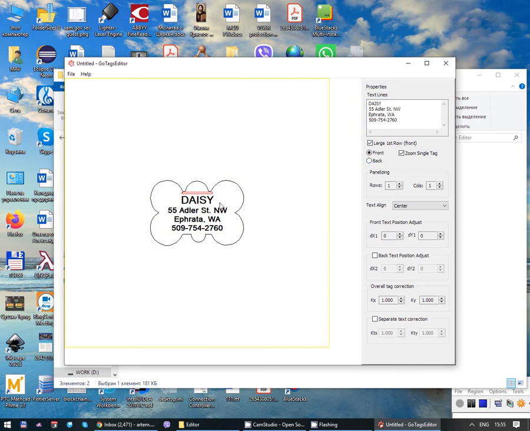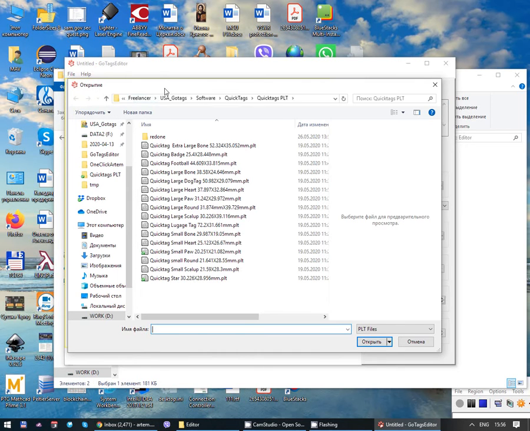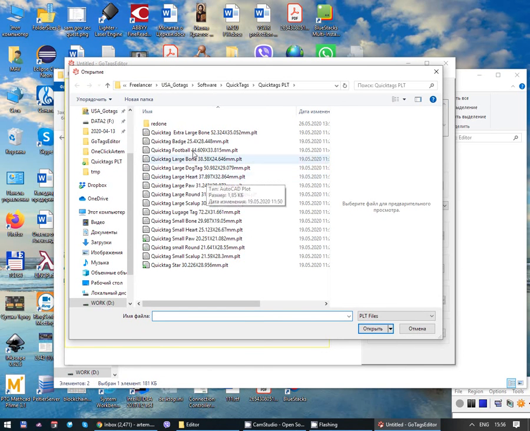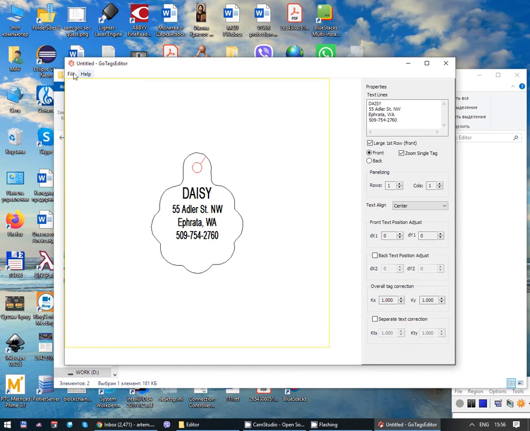so okay, let's assume we have the PLT file. Once we have the PLT file from CorelDRAW or similar, so I have some PLT files here, I can open them in this software. Again, I press File, Import PLT file. Once it's imported, you can see that it has the black main path, so the outlines